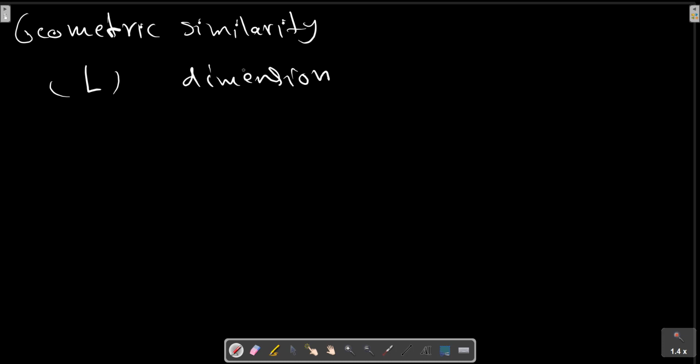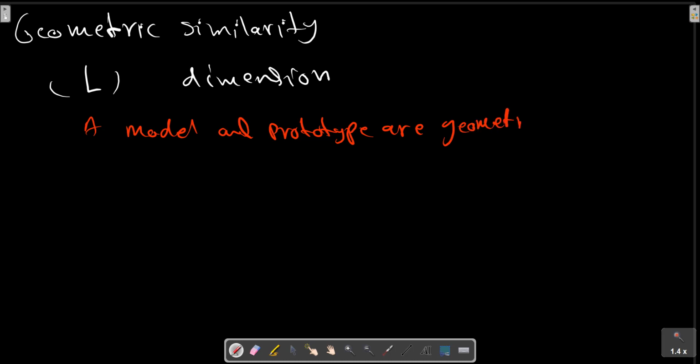A formal definition for geometric similarity is: a model and prototype are geometrically similar if and only if